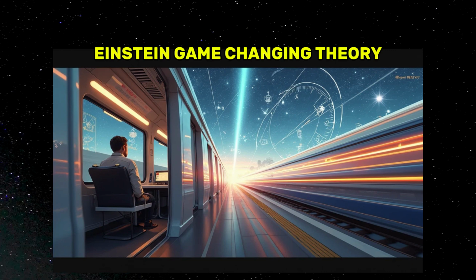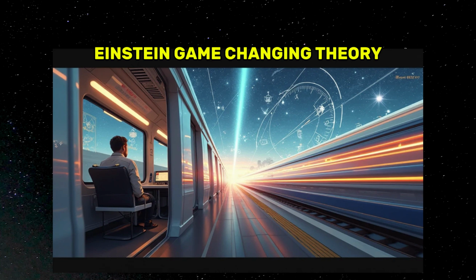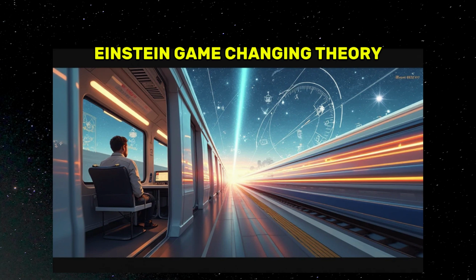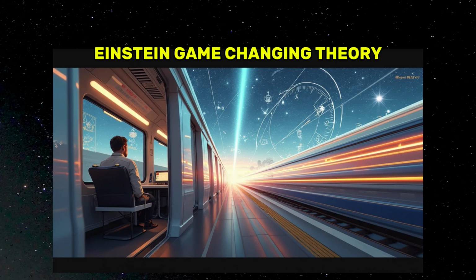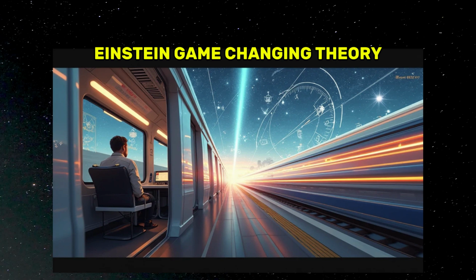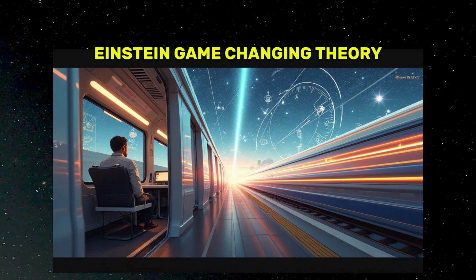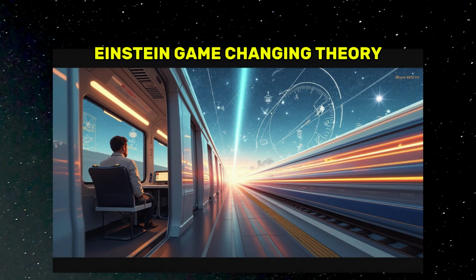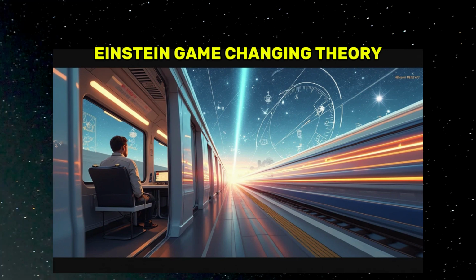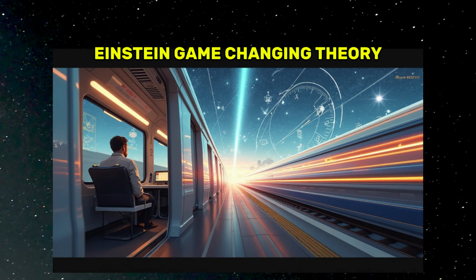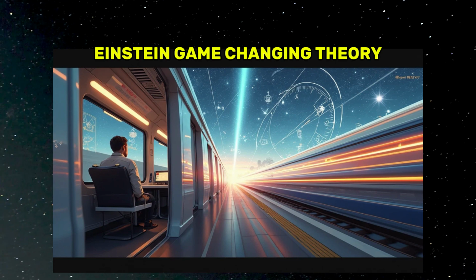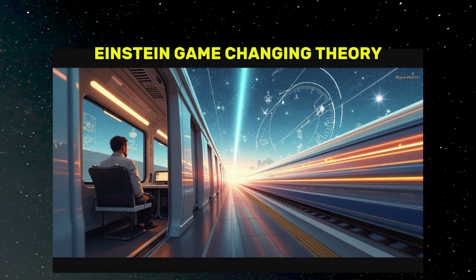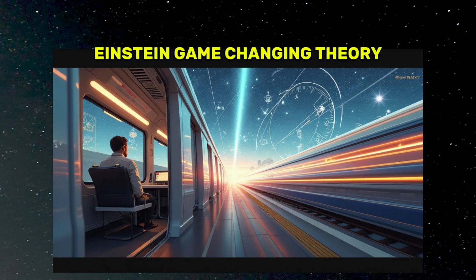If you're flying through space in a spaceship nearing the speed of light, time flows more slowly for you than for someone remaining stationary on Earth. This isn't just theory. It's been proven with high-precision atomic clocks placed on fast-moving jets and satellites. Imagine an astronaut traveling at near light speed for a few years. Upon returning to Earth, they might discover that decades have passed for those back home, even though only a few years passed for them. The closer you get to light speed, the more pronounced this time slowdown becomes, until, in theory, time would freeze altogether at light speed.